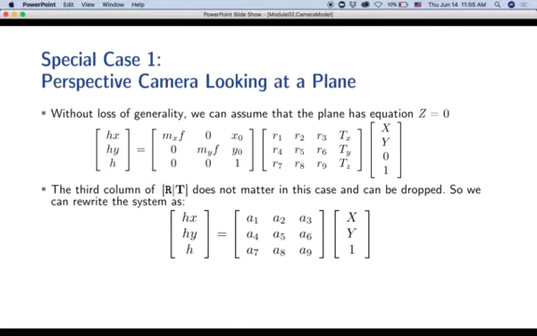Affine transform? Homography. It's not an affine transform. Affine would have been if I only had A1 through A6 and the last row was 0, 0, 1. This is a homography. In fact, notice that this is a P2 vector now. It's those points on a plane. This is also a P2 vector, and this is a matrix linking those P2 vectors together with a 3 by